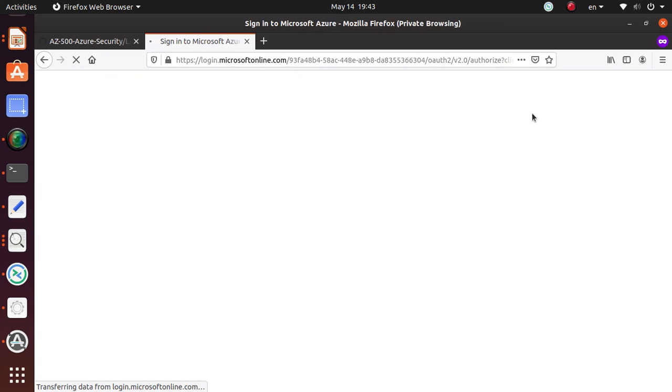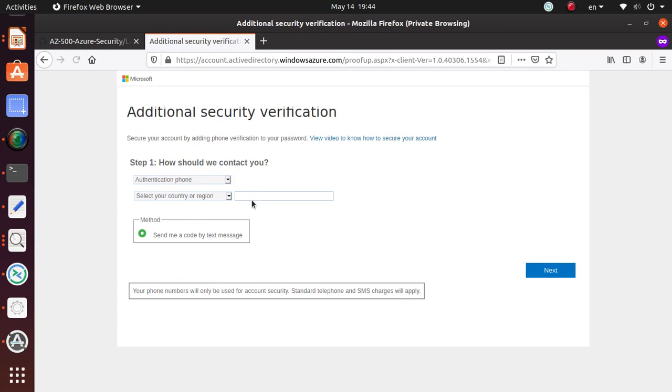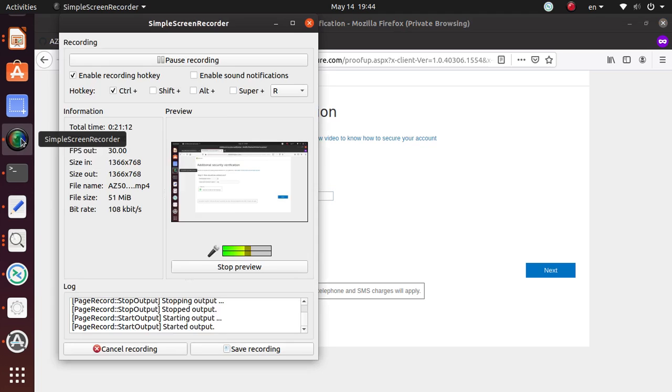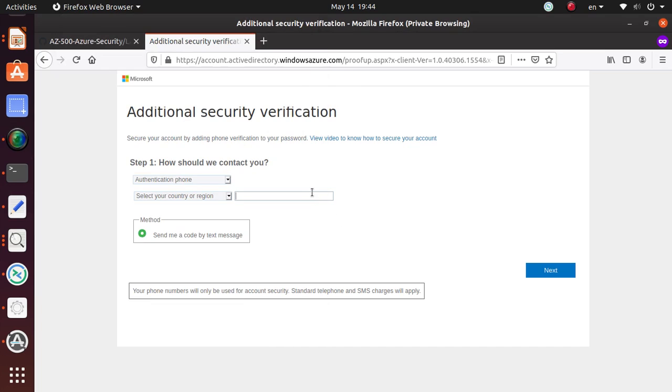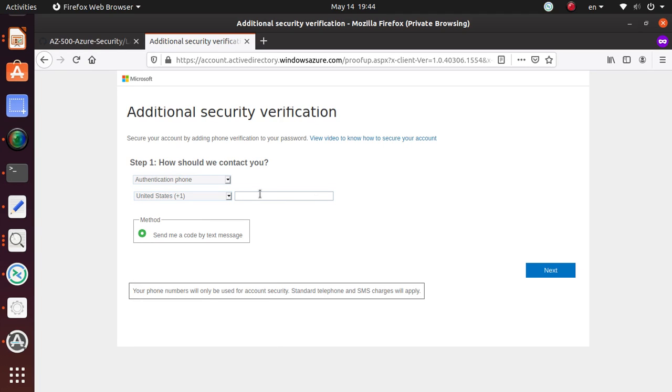So you click on next and next, and you can assign your username and a phone number, and then you hit next. Let's see what phone number I can use. Alright, I'm going to use this. Country and region, let's choose US, then the number. Alright, so hit next,